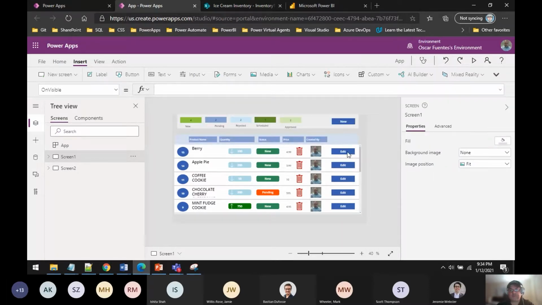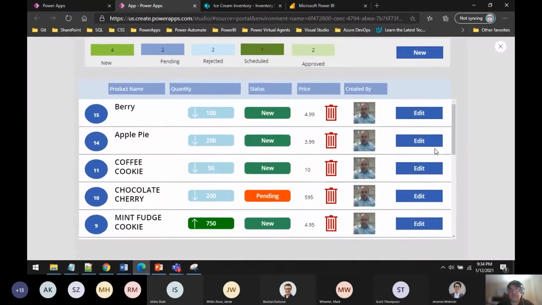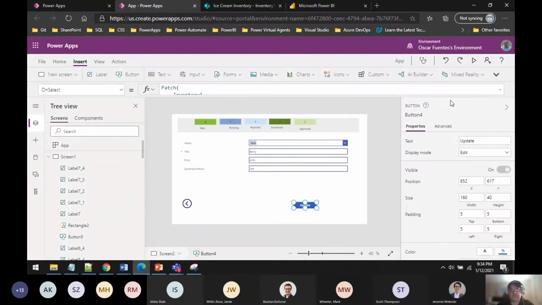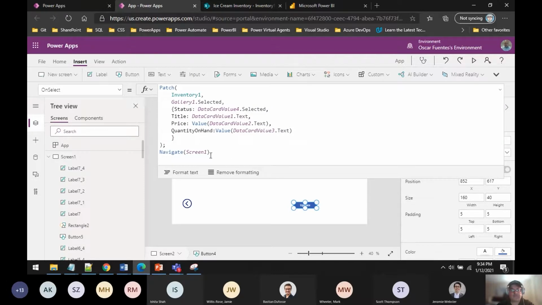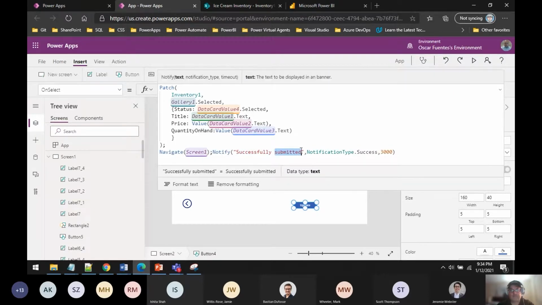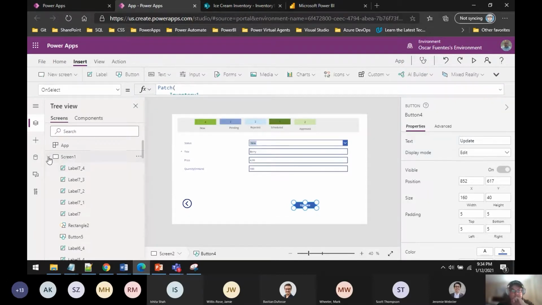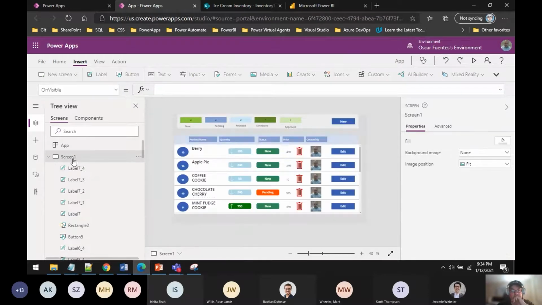The Power Apps is slow sometimes, yes. Okay, now we go here. And then for the update, we'll just do something like this. And then update it. So that should work. So now the last thing is what we're going to do is we're going to align